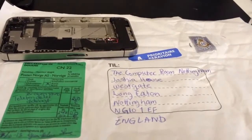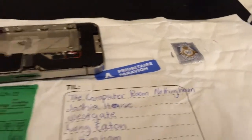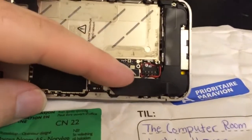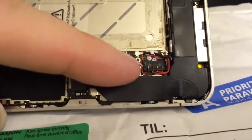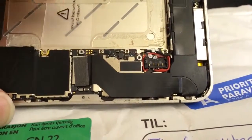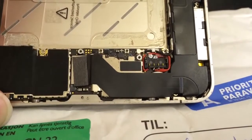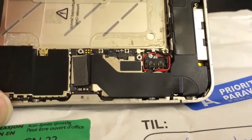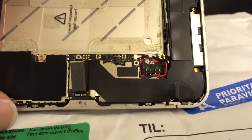I've got a device here that's been sent to us from Norway, if you can recognise these postage marks here. It's an iPhone 4S that's had battery connector problems. Someone has tried to repair the problems with the damage that's been caused. I'm told though all it does is restart instead of switching on or staying switched on and charging